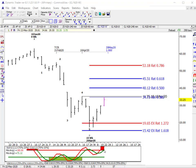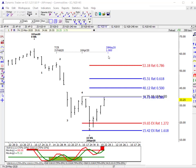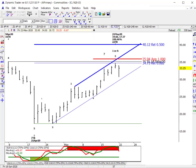They're dual look back overbought. When they get dual look back overbought, we're pretty close to a price high. And this is weekly data, by the way, we're looking at. Next week is the ideal week to complete a weekly high. Just one of the significant time factors is the recent weekly high to high to high is next week. So I think we might have already completed it this week. But if we didn't this week, we should by next week, and that's fairly significant. So depending on your time frame of trading, you might want to get stops real close to the market with